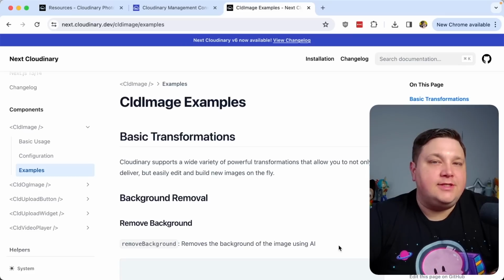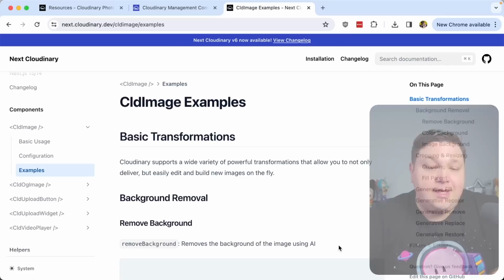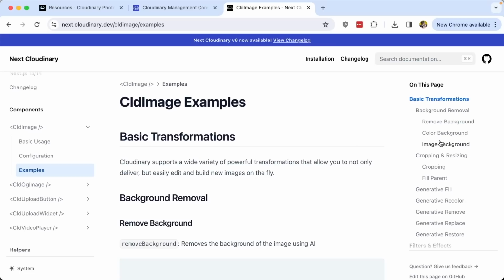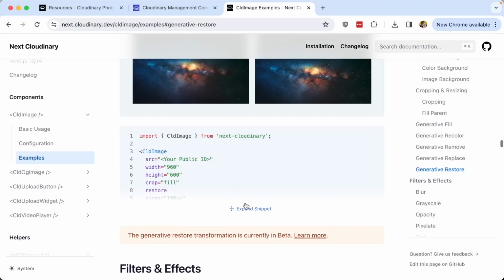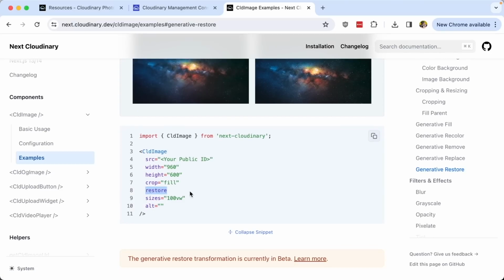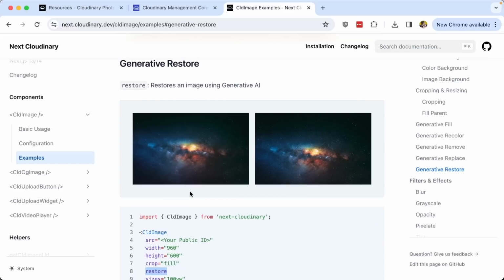Now, heading back over to the documentation for a second, let's see how this is actually going to get applied to our image. If we start to look at these transformations, let's start with restore, where we can see that in order to add restore, we just simply need to add the prop of restore. We don't even need to add a true to that. That's going to automatically resolve as true and opt us in, where this restore one in particular is going to take a blurry or poor quality image and it's going to restore its